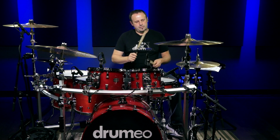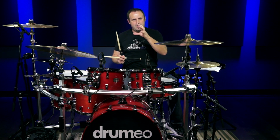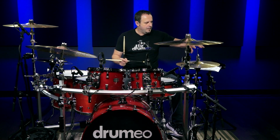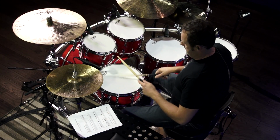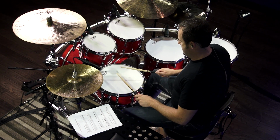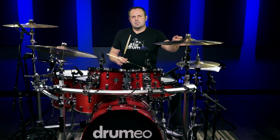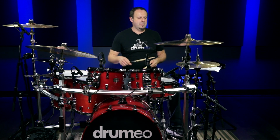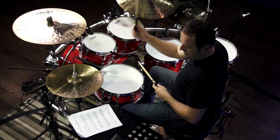And that little fill that he does on the snare, if you can get a crescendo in there, da-ga-da-da, and have that last note as an accent, that would be great. So here's just the little snare fill that he does starting on the and of 3. So that's the hardest part, okay? Now let me do it real slow for you, the whole thing. Here we go. 1 and 2 and 3 and 4 and...